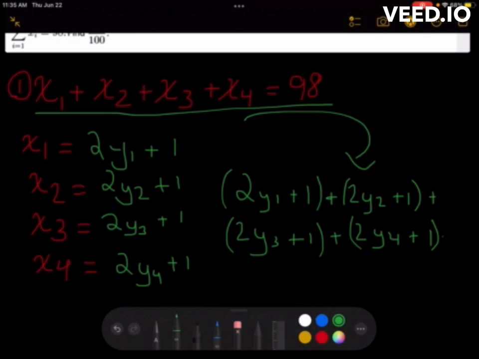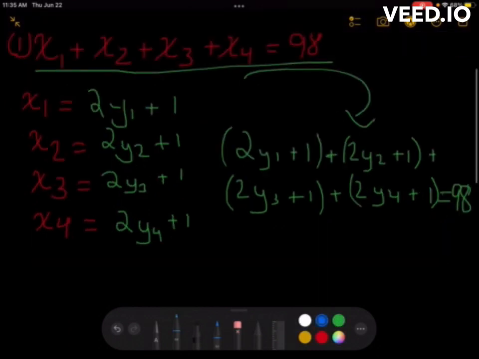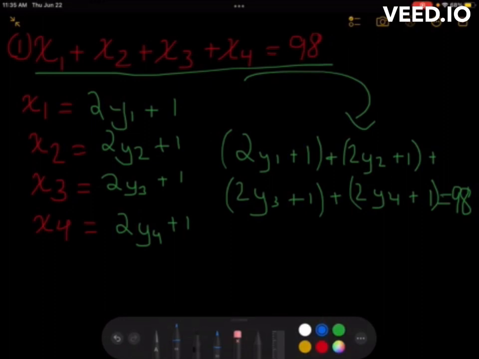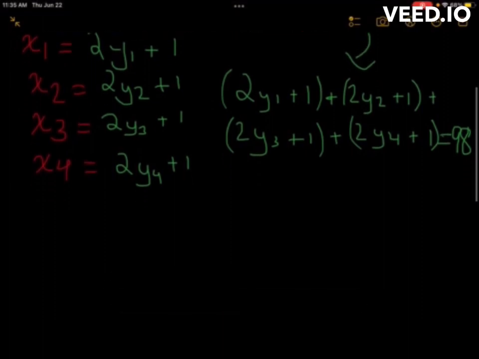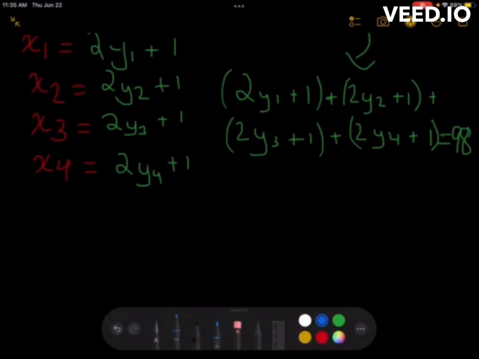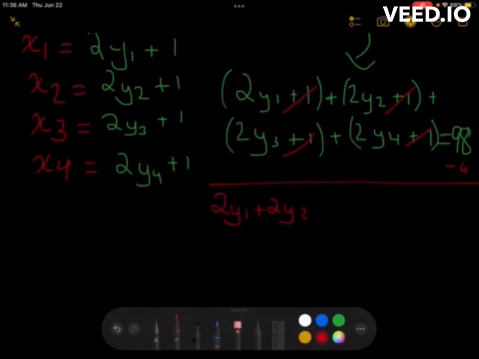All of this equals 98. So we can take out the ones, right? We can subtract 4 from both sides. So subtract 4, and we end up with 2 times y1 plus 2 times y2 plus 2 times y3 plus 2 times y4